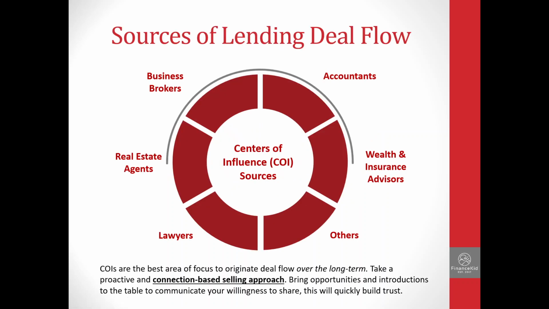So there are multiple avenues to originate deal flow, but in general, the easiest way to originate deals is to leverage centers of influence, COIs. And these are business professionals serving the same target demographic of business owners that you're looking to work with. So, for example, it could be accountants that are working with lower mid-market companies in your local region, providing tax, audit and review engagement services. And obviously, those same customers may need financing solutions whenever they do, and you being top of mind leads to that deal.